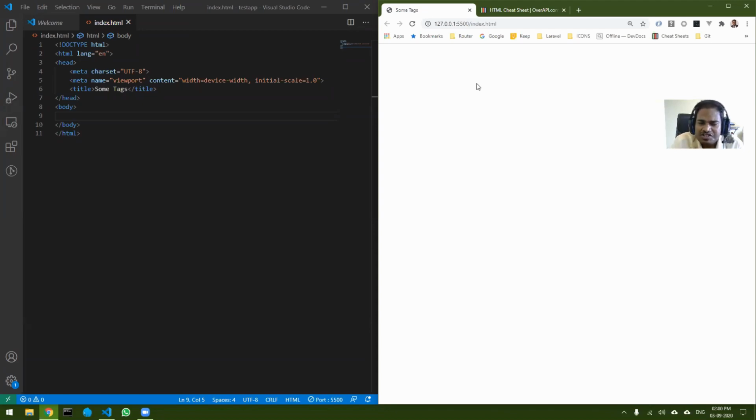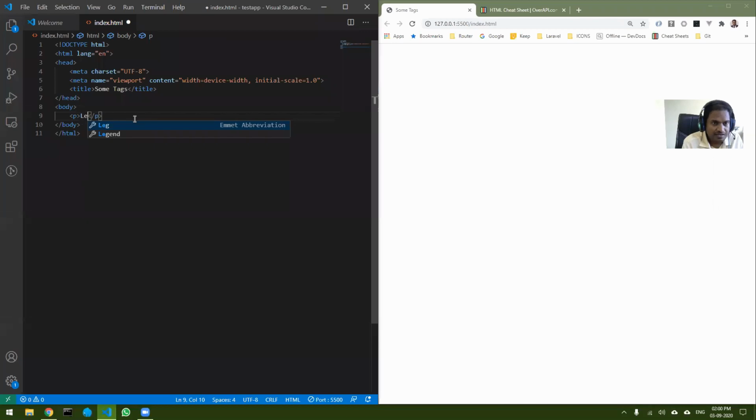Other than CSS, HTML has a little bit of styling. For example, I don't know if it is there in paragraph or not. Let me check. I have added let, and let me see BG. I don't know whether this is still valid, because it is coming in red. Okay, it is not there.